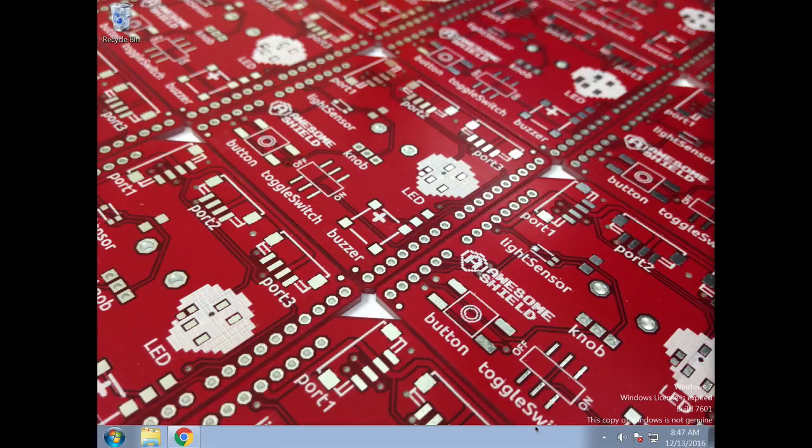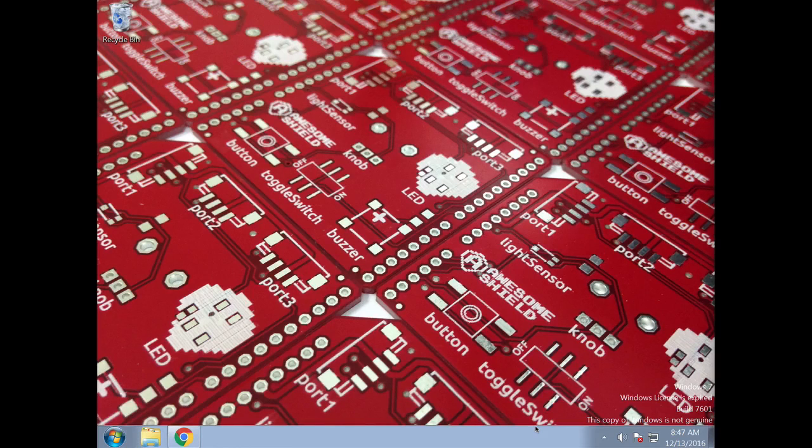We're going to use a special application called the Arduino IDE to write our code for Arduino. In this video, I'm going to show you how to install this application on Windows 7. You should skip to the next video if you're using a Mac. The process is really similar on different Windows operating systems, so this video should be useful no matter what Windows